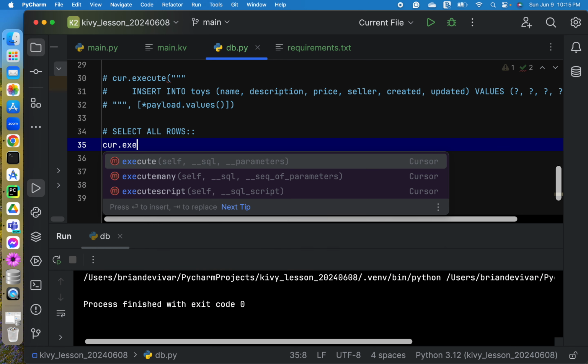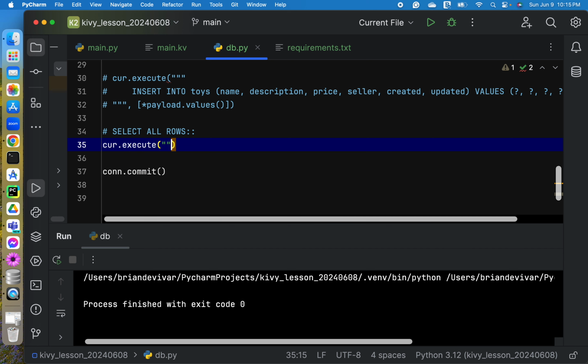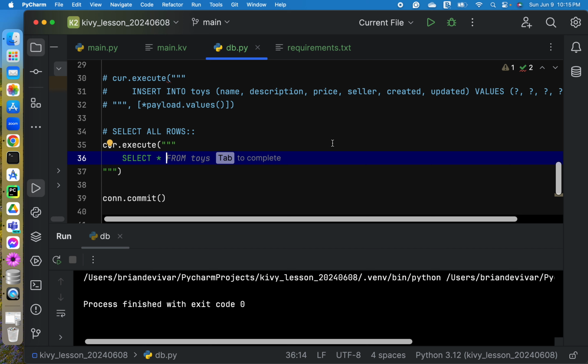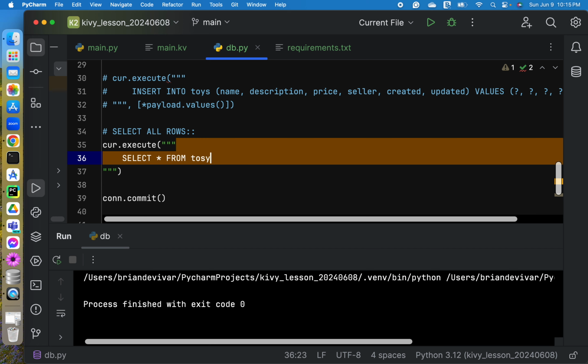So just like what we did, okay, then let's type in select asterisk from toys.